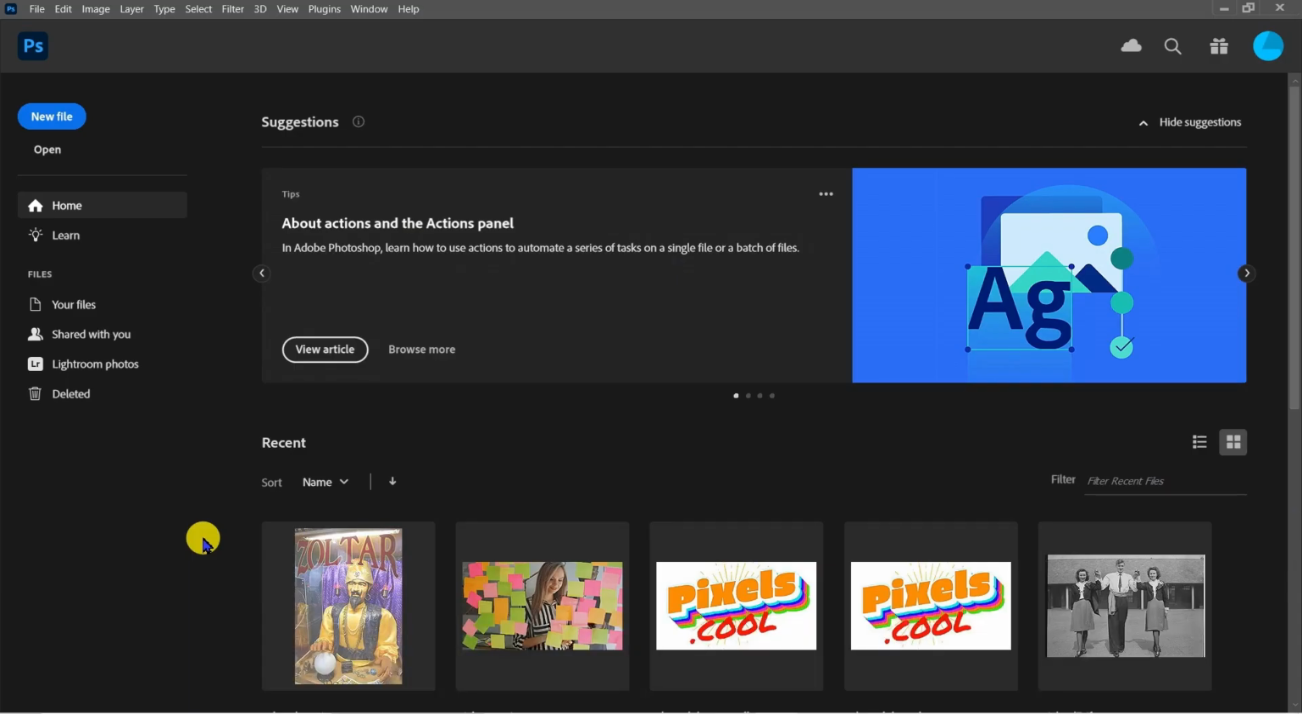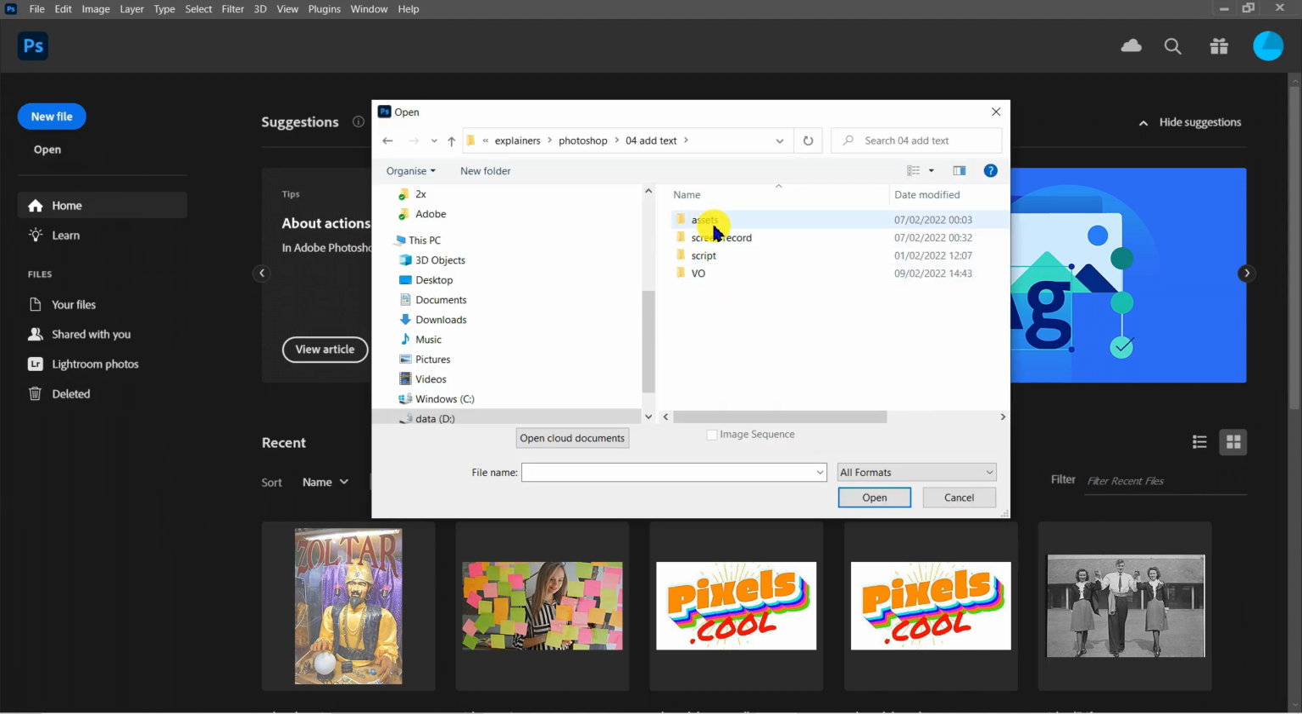Welcome to you. We've already opened Photoshop. We're going to need a photo to work with. To open an image file, click the Open button. Navigate to the folder on your computer where the image you want to use is stored and double-click on it